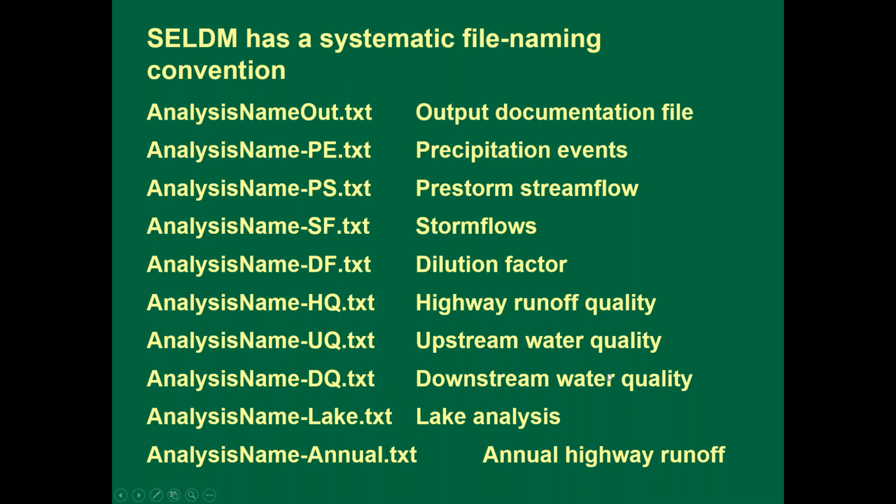-DQ is downstream water quality. -lake is lake analysis. And -annual is annual highway runoff. Now, depending on what you specify, you may or may not get all of these files in your output folder. So if you're not doing a lake analysis, you're not going to see the lake file. If you're only doing highway runoff and you're not looking at downstream, let's say if you're doing a TMDL analysis and you don't see the UQ,